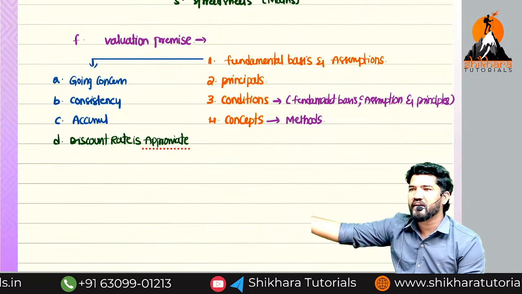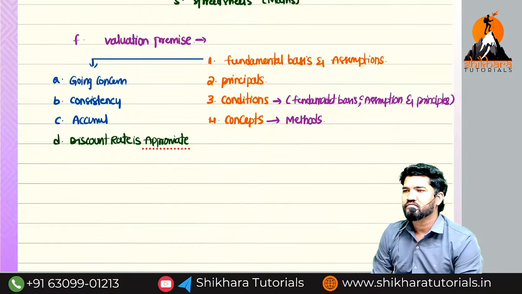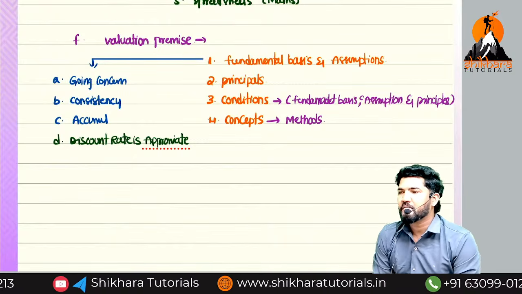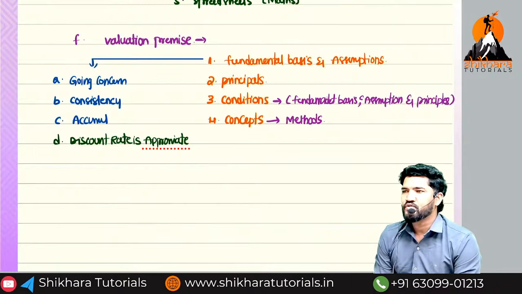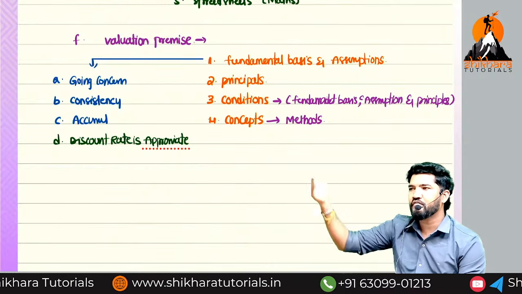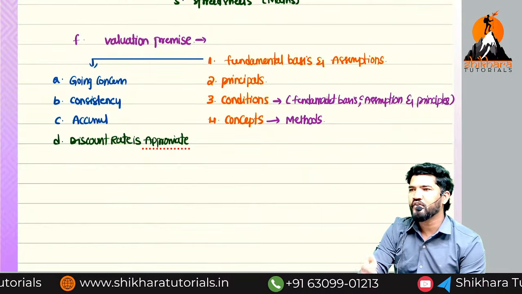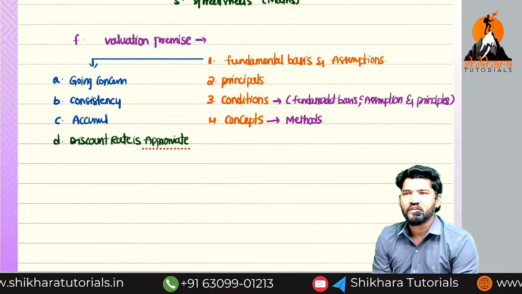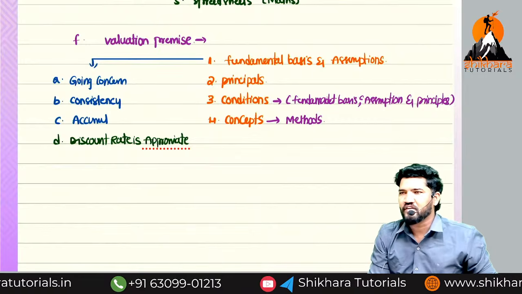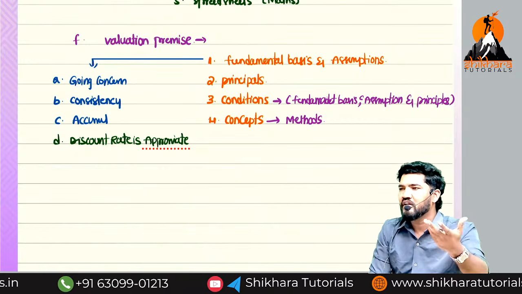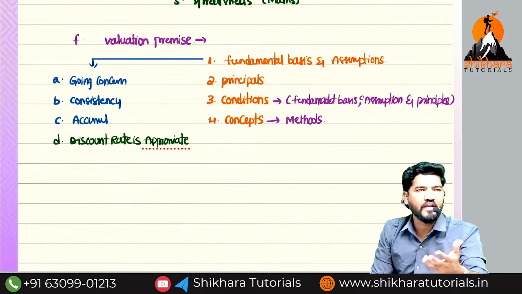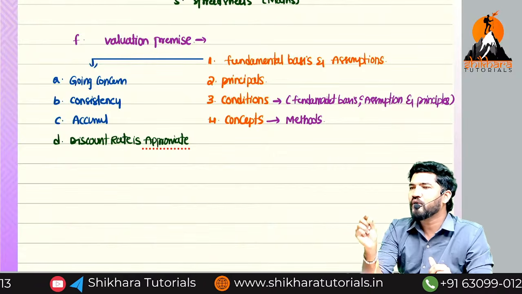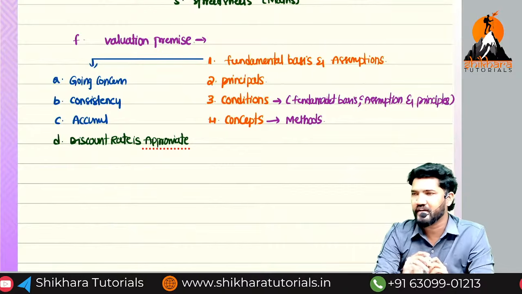If you earn more than that rate, what happens? Profit. But the minimum you need to earn, Nana? Expectation, na? That expectation is nothing but cost of capital. Sir, clear, sir? So if you want to do discounting, you are bringing future economic benefit to zero period, you need to use the appropriate cost of capital rate. They will give it, sir. We are not doing anything. If they do not give KO directly, they will give KE, KD, weights information. Based on that, we can figure out the KO. Are you guys clear? But the basic assumption we followed is that the rate we are using for discounting is an appropriate rate. Next, Nana.